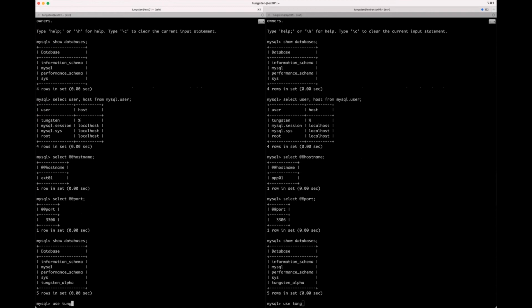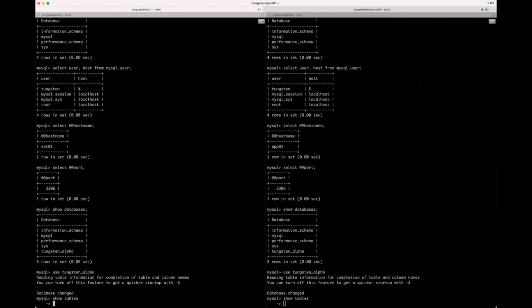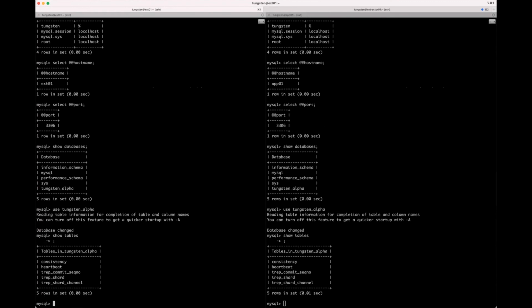If I use Tungsten Alpha and show tables, just a small number of tables. The number of tables won't grow. These tables won't grow out of control. The trep commit seqno table will only ever have one row in it, and that will always be on the